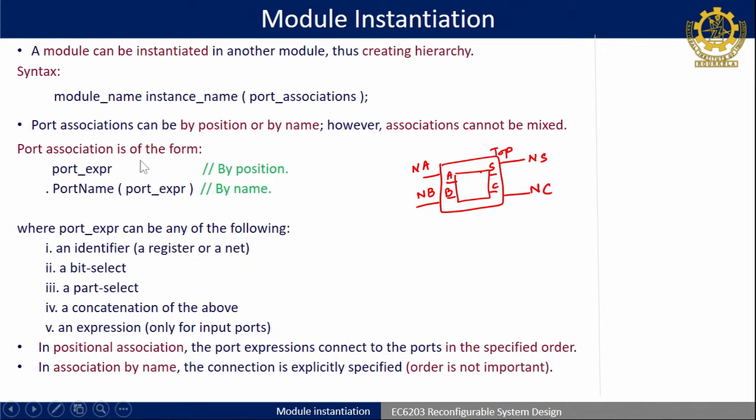Okay. Now if this is a module, we are calling this submodule inside a top module. Now we have to do the connection. While calling it, assume it is a half adder. First you have to write down HA, followed by the instance name, so you write H1 as the instance name. Then you have to define the port association.